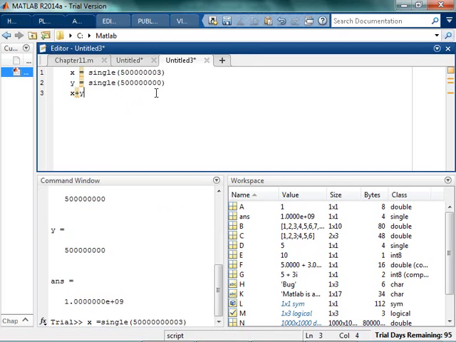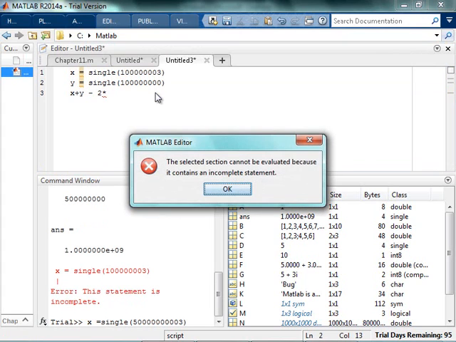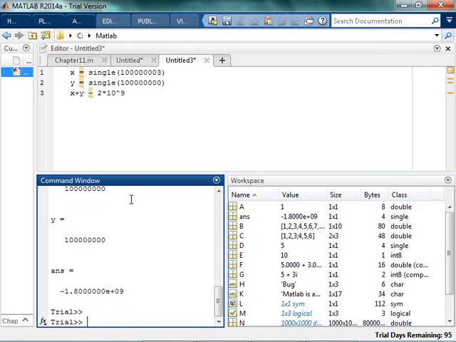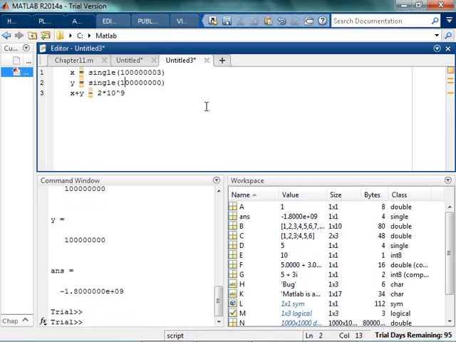There I go. So if I do x plus y minus 2 times, we'll make these 1s. Oops. 2 times 1 times, or 10 to the 9th. 2 times 10 to the 9th. Man, I get all kinds of crazy. So if I get